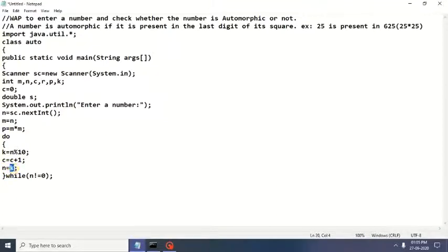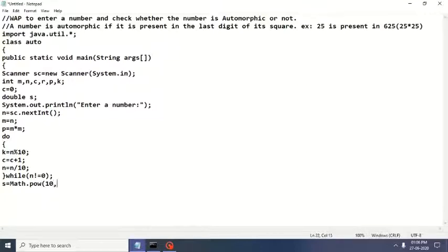It should be n mod 10 here, and here it should be n equals n upon 10, like this. So k is to find one digit at a time, cutting one digit at a time from the right. C is to count the number of digits, and we are changing the value of n every time.